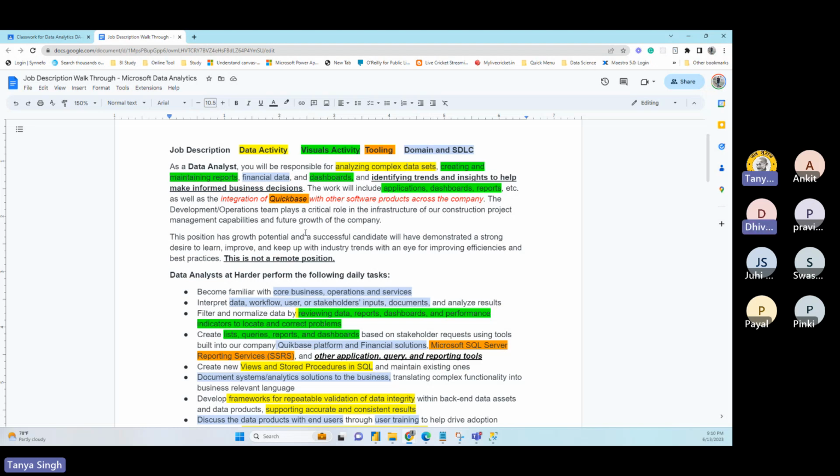Whatever data or report you generate will be incorrect, and you can make a wrong decision. So the quality of the data is very important. Any activity related to cleaning the data, making sure your data is quality proof so that you can generate good visuals, is in yellow color, right?